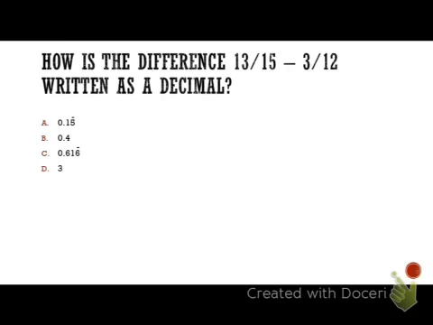We want to know, how is the difference 13/15 minus 3/12 written as a decimal? Before you can subtract fractions, they need to have a common denominator. The common denominator of 15 and 12 is 60. So you would take your 3/12 and multiply the numerator and denominator by 5. This leaves you with 15/60. You would need to also take your 13/15 and multiply it by 4 to get a denominator of 60, which